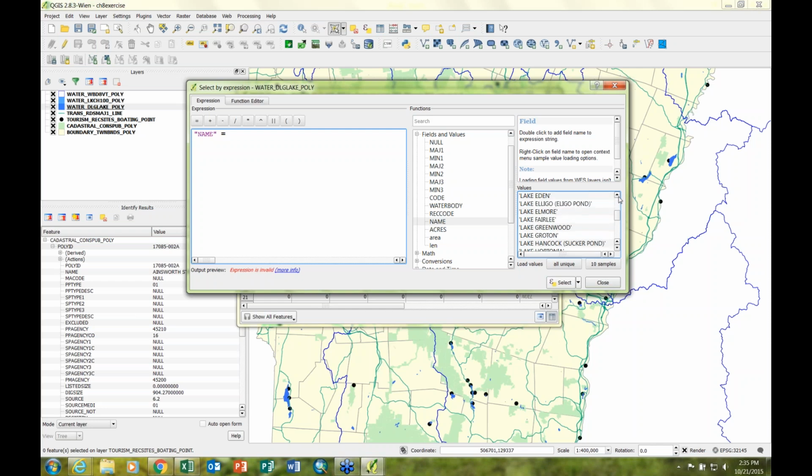So let's say you were told Lake Dunmore was the place to go. Again, this is a double click, and you weren't sure where it was. And so you want to interact with this to go ahead and find it. So name equals Lake Dunmore, click on